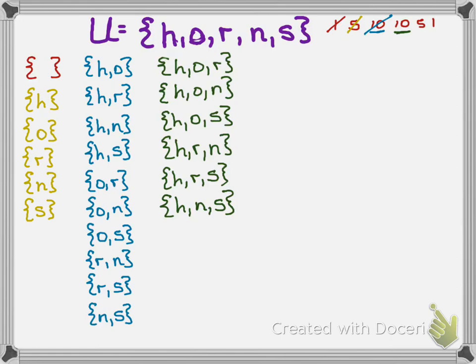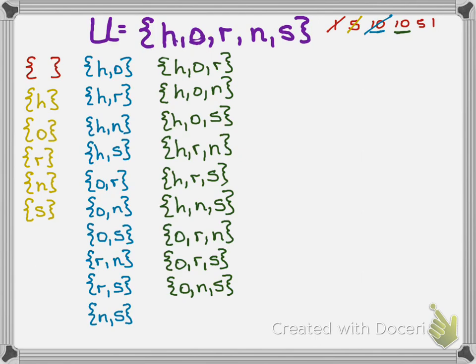So now we're going to start looking at everything that starts with my O. And we're going to go that direction. So we have O, R, N, and then we go O, R, S, and that finishes out O-R. So now I'm going to go to O-N, O-N-S. Now that finishes out my O's, because I can't go anywhere with the